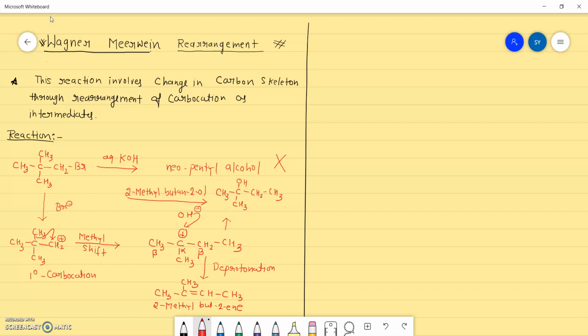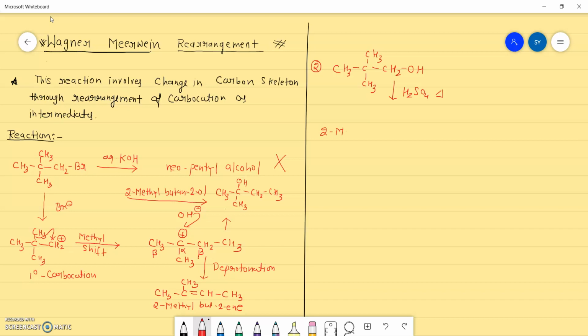Now if you see another example of this particular rearrangement reaction, if I give you CH3, that is neopentyl alcohol. I had given you neopentyl bromide, now neopentyl alcohol, and you just heat it in the presence of H2SO4. So what can be the product here? So we are able to get two products here. I'm just writing the name of that,